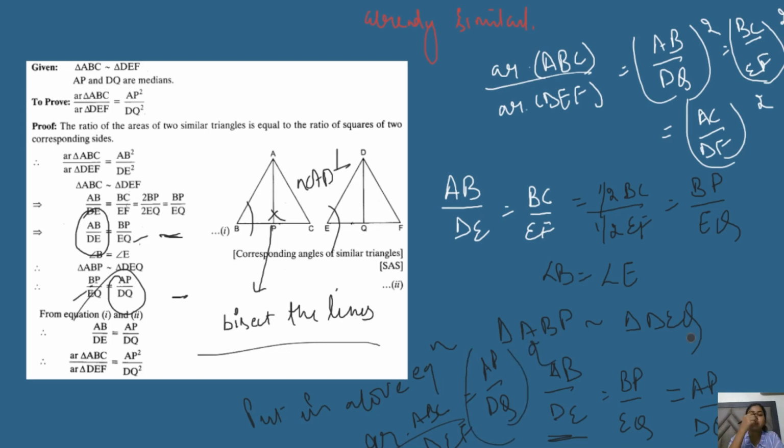You just have to prove one part of the triangle to be similar, and after that you will be getting this line similar to this line. Okay, the ratio of both of them is similar, and then you will just replace them and you will be getting your answer. Moving ahead with another question.